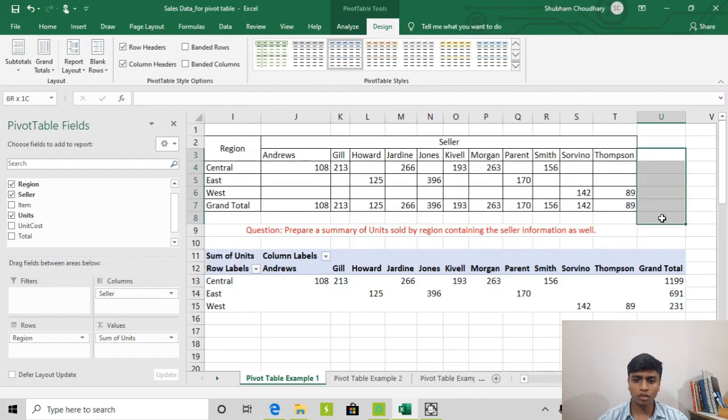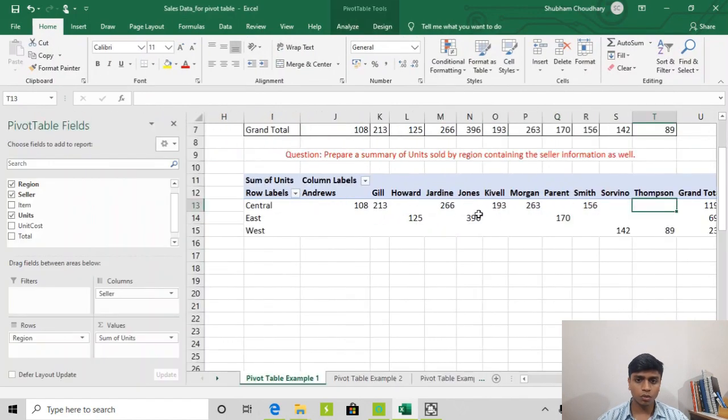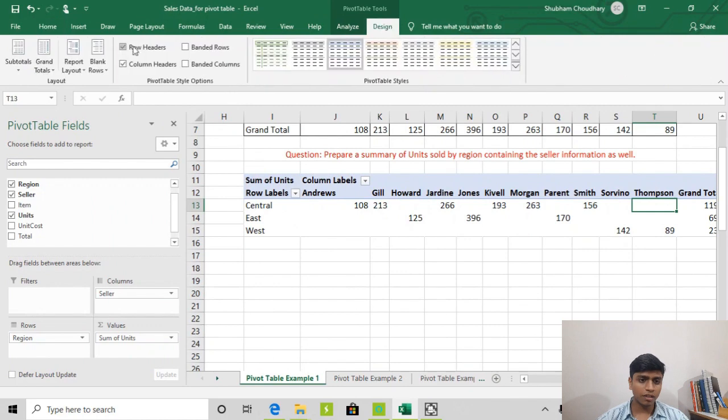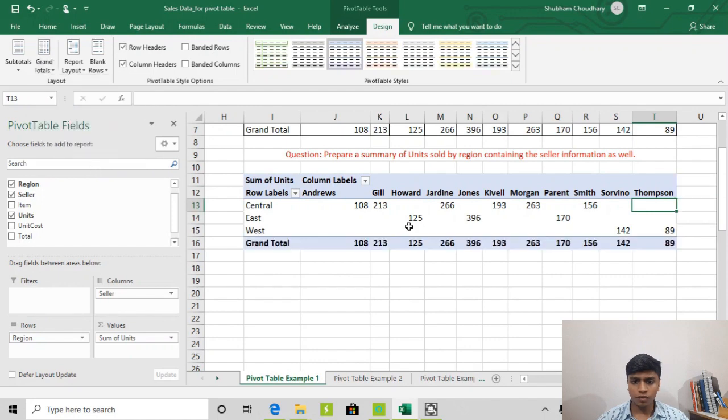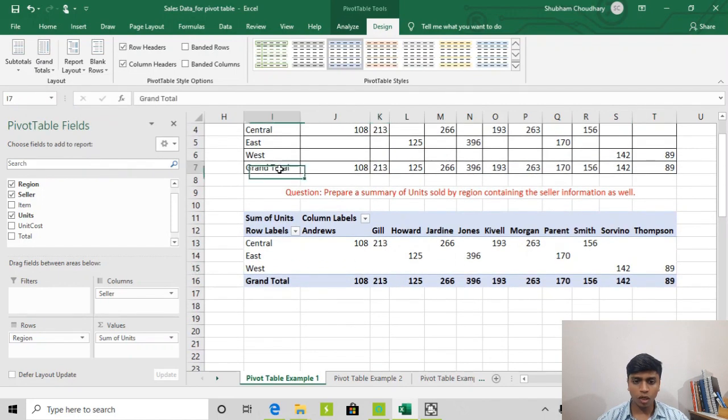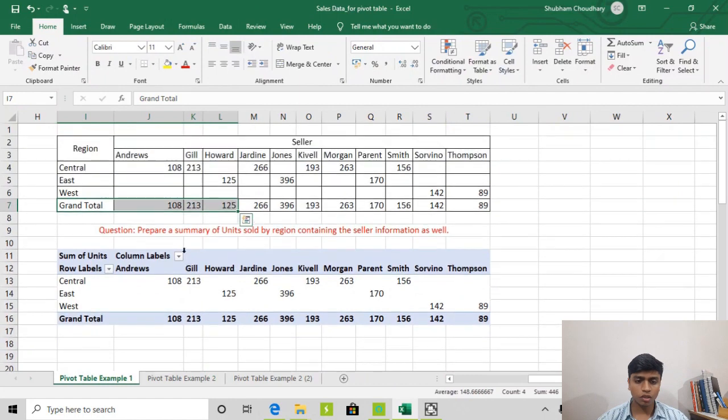So we will not choose this option. Let's go back to Grand Totals, and now it is on for columns only. So we will click this. Now you can see that, as we wanted, we have the column totals.